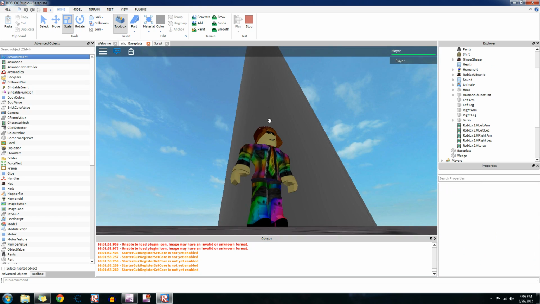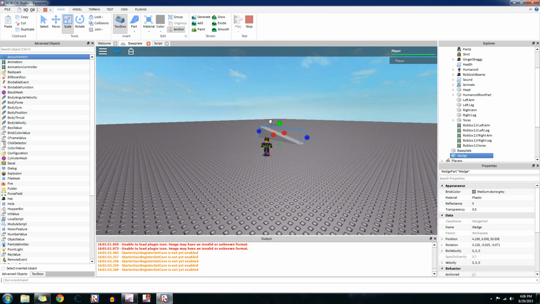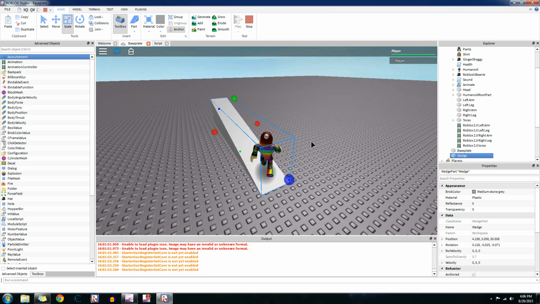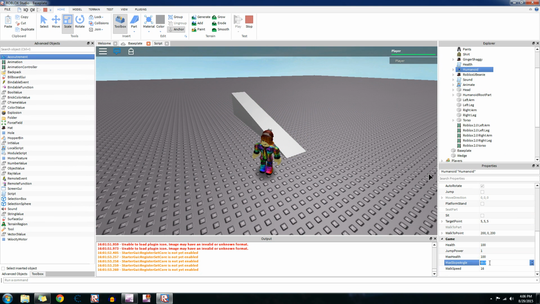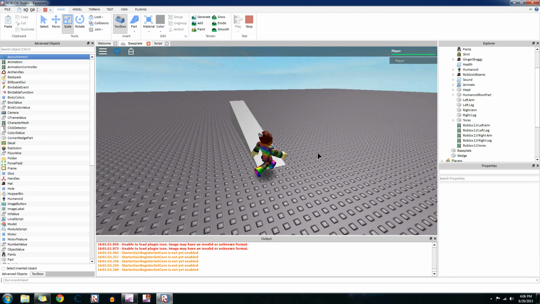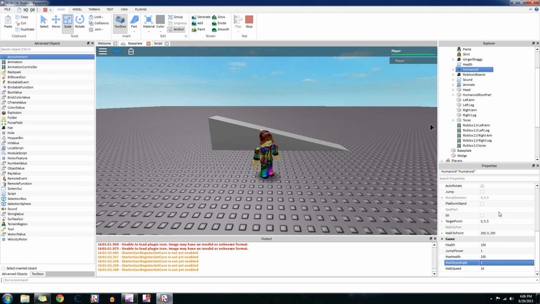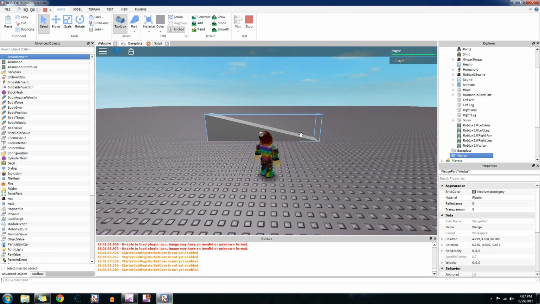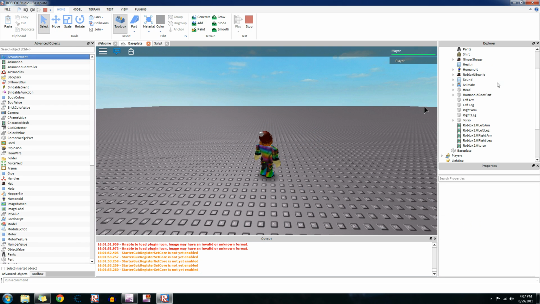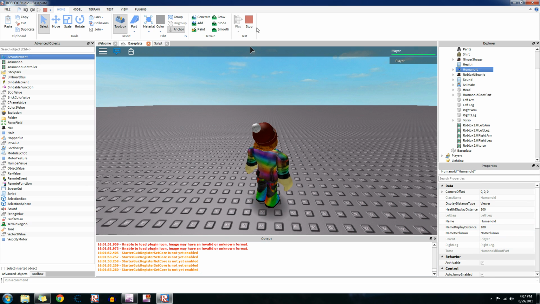So let's make this much smaller. Let's try that, so we can walk up that thing. Let's change this to 1 and see what happens. Alright. So 1. And I can still walk up it. See, these new thingies, I don't know if they even work. I think they'll have to be set using a script. I really don't know because they're not doing anything. These came out a couple days ago, actually, in one of Roblox's updates. So, yeah, those are some basic